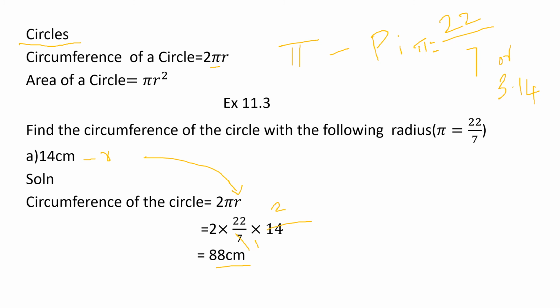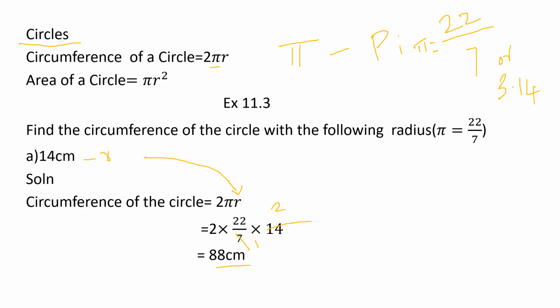Okay, it's very easy, right? Pi value, it is a constant value. So here we are using 22 by 7. It is given in the question. Use pi value 22 by 7. Okay, so we will be using pi 22 by 7, or else we can use 3.14 also. That is also correct. But already in the question they have mentioned pi value 22 by 7. So we will be using here 22 by 7. And radius is given in the question. Just write it down and calculate.